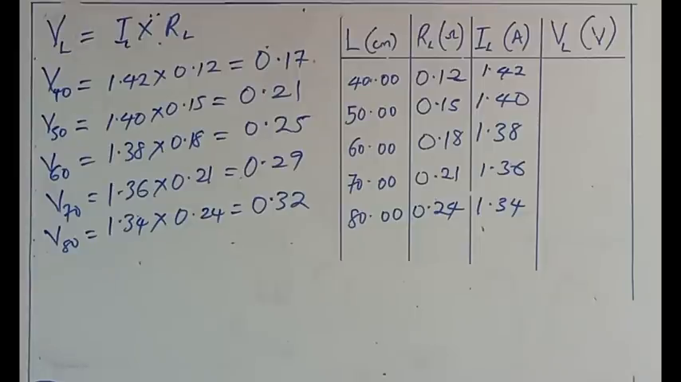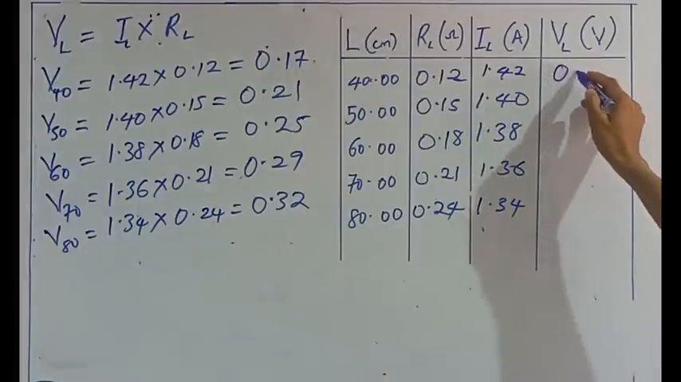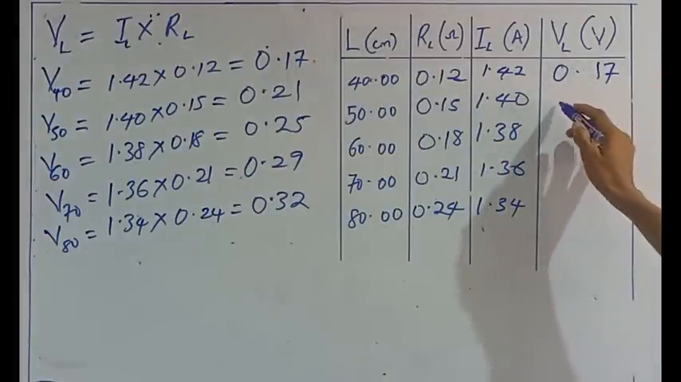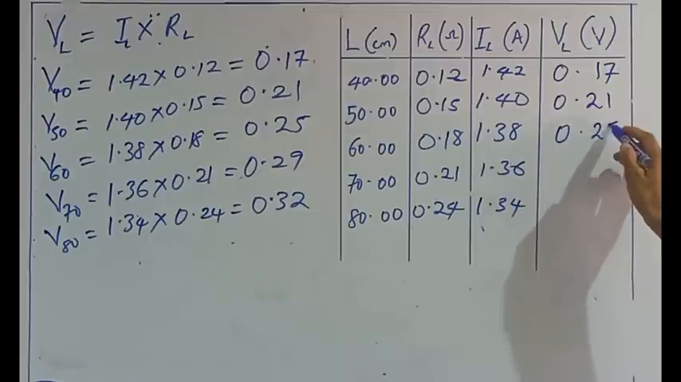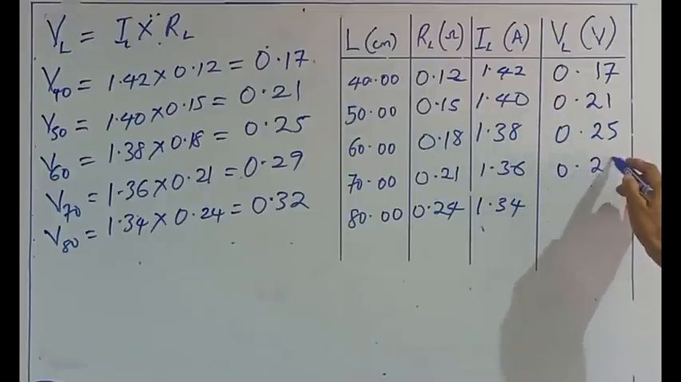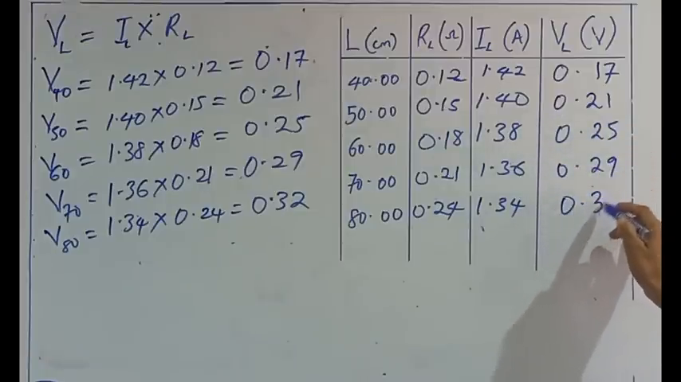So I'm going to fill up the voltage column. We have 0.17, 0.21, 0.25, 0.29, 0.32. So we are going to plot